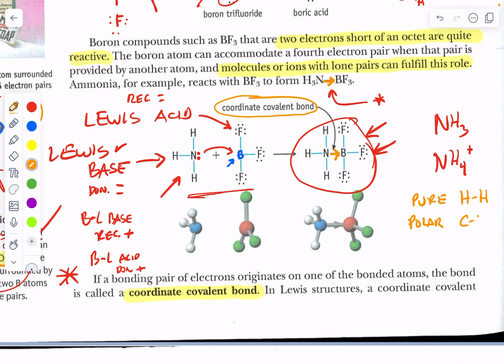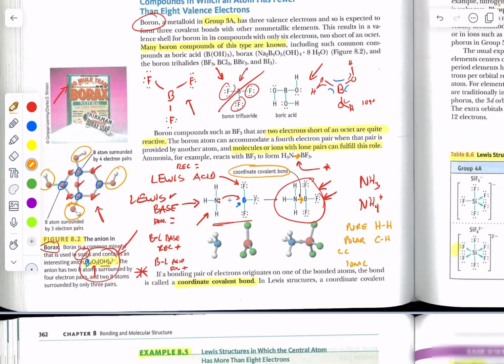For example, a carbon-hydrogen bond, there would be a little bit of polarity there, not as much as maybe in some other molecules. So there would be a little bit of a polar covalency there. If a bond was very, very polar, we would call that an ionic bond. But now you have your coordinate covalent bond as another option for the different types of covalent bonds.